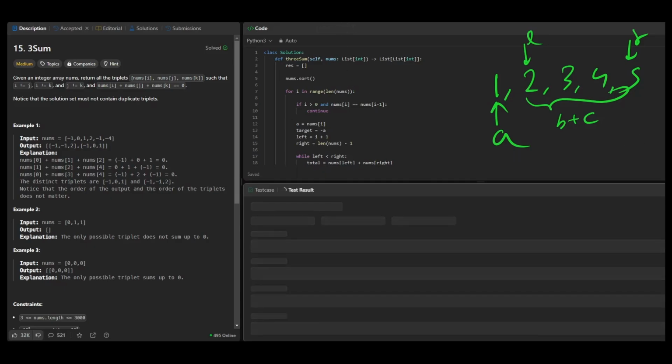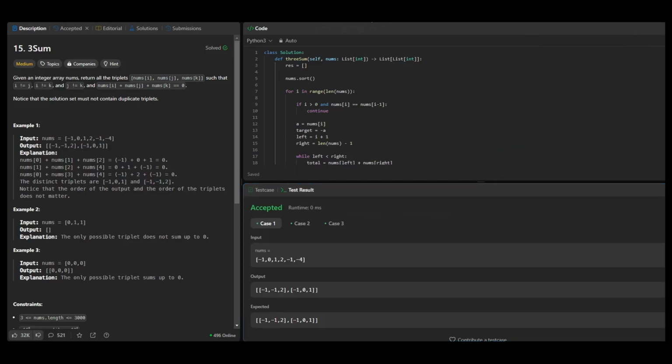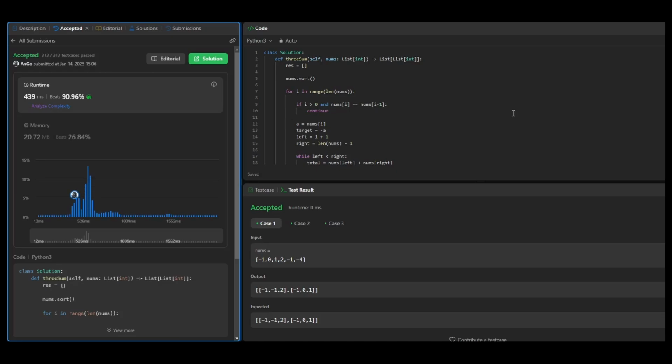Let's try to run this code. Let's try to submit it. So we have a